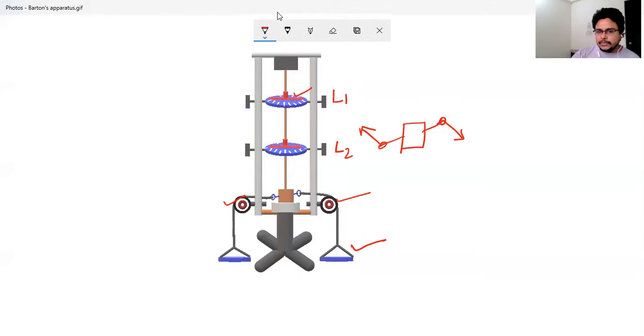For L1 and L2, for some amount of weighted slots, or the load you gave, or the force you applied, we need to record how much twist the wire is undergoing. From the load or mass versus this angle of rotation, or angle of twist, you will be able to find out the rigidity modulus of the substance. The wire substance, which you took as copper initially, you can replace with steel or any other material to find out the rigidity modulus. The theory you can explore.